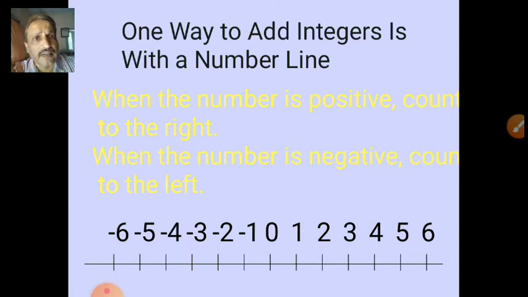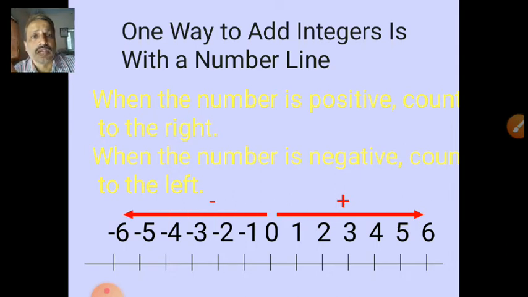That's how we are representing it. For addition, you have to move on the positive side. Subtract means you have to move to the left side. So we can say plus is always on the right side, minus on the left side. Whenever you find a negative sign, you have to move that many steps to the left side. Whenever you find a positive sign, you have to move to the right side.